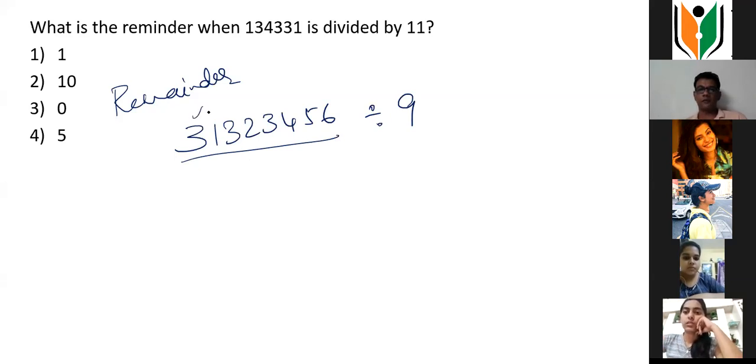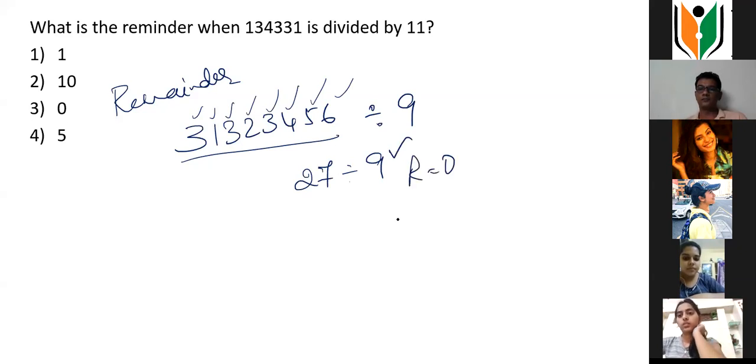3 plus 1, 4, 4 plus 3, 7, 7 plus 2, 9, 9 plus 3, 12, 12 plus 4, 16, 16 plus 5, 21, 21 plus 6, 27. Divisible by 9, so the remainder is 0. If this was 1, 3, 1, 3, 2, 3, 4, 5, 6, then my sum would have been 28. What is the remainder when 28 is